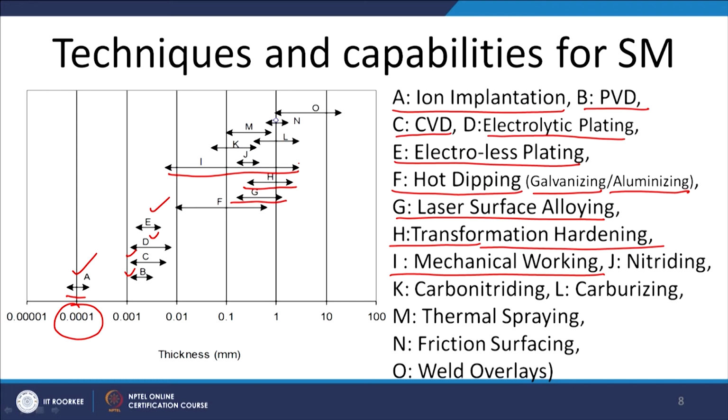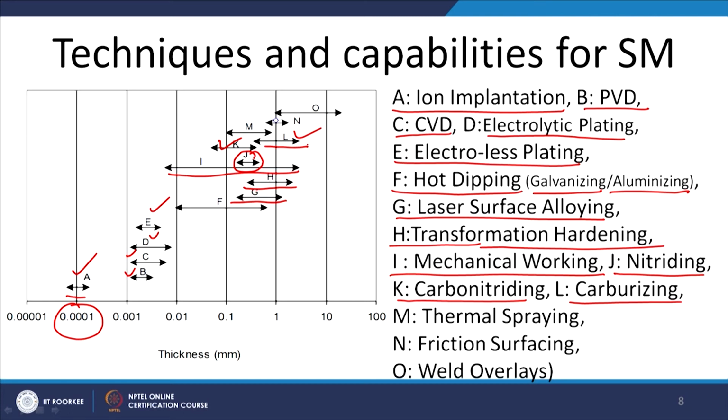Then J is another process, nitriding. Normally it has a very narrow range, like say in the range of 100 to 1000 micrometer. Then carbonitriding and carburizing are the other processes, K and L. Carburizing, let us say L process, where somewhat 500 to 1500 micrometer or 1.5 mm